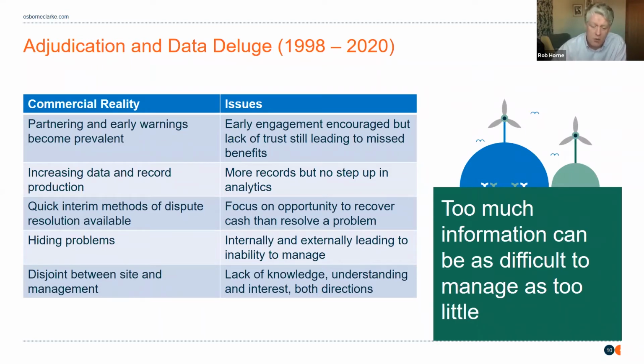I think one of the problems that we have is adjudication has become such an easy tool to use that we've stopped thinking about managing and avoiding as much as probably we could do, because we can always just step to adjudication and have our rights resolved. We don't have now so much of a data black hole. I think, and it's interesting for me to do this